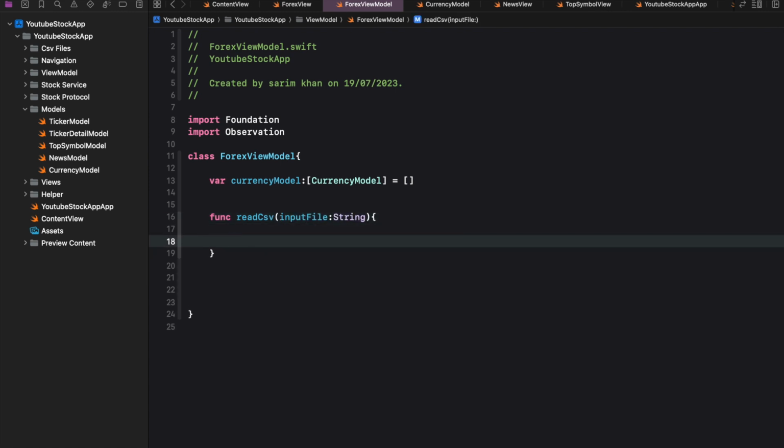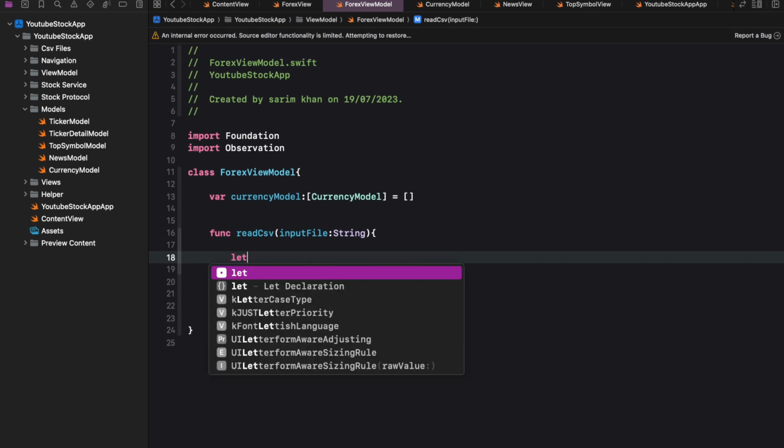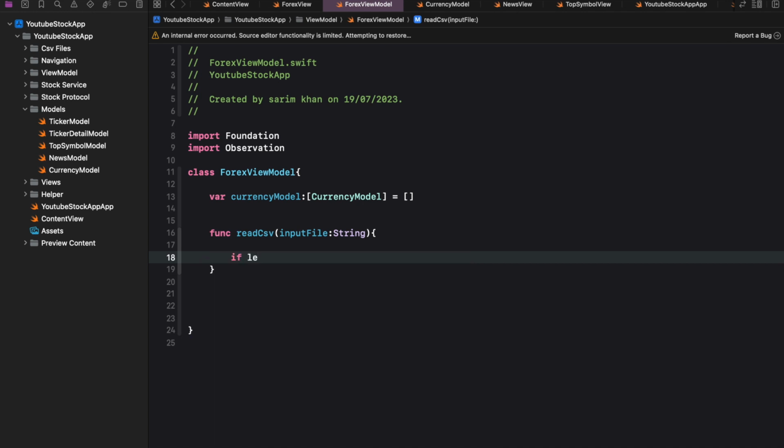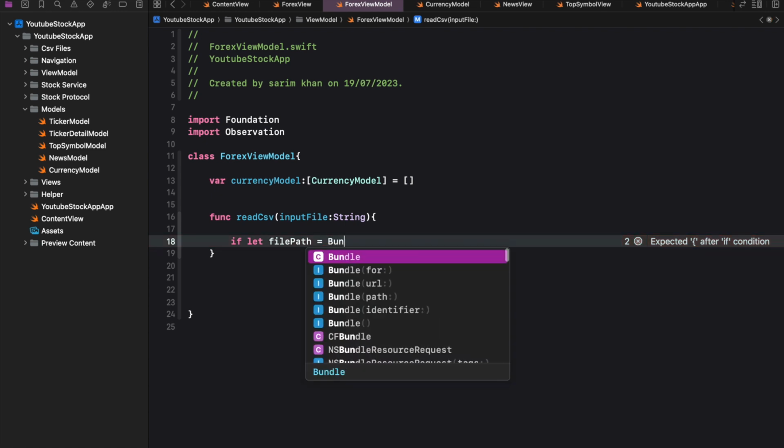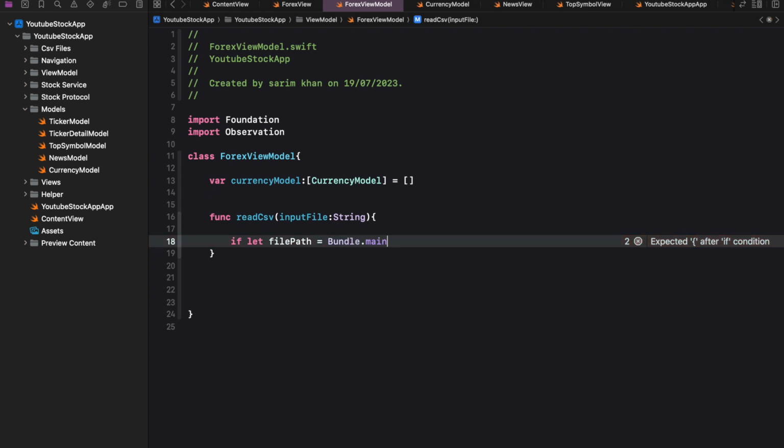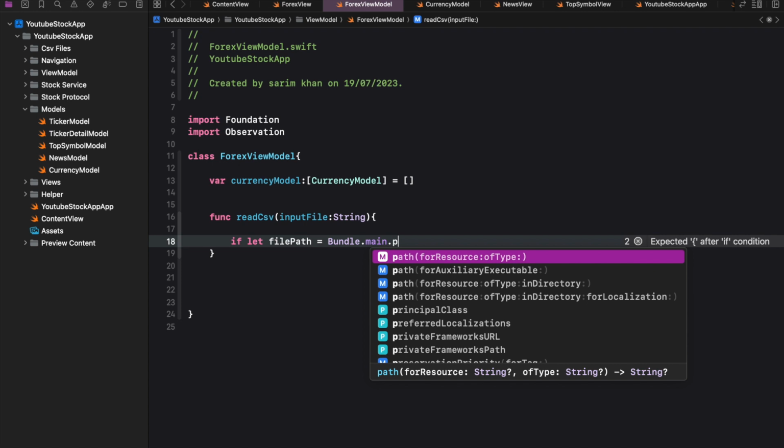First, we have a function named readCSVInputFile that takes the name of the CSV file as input. We use Bundle.main.path(forResource:ofType:) to get the file path of the input CSV file. If the file is found, we proceed with reading its contents. The function then reads the file's content as a string and splits it into individual lines using components, separated by